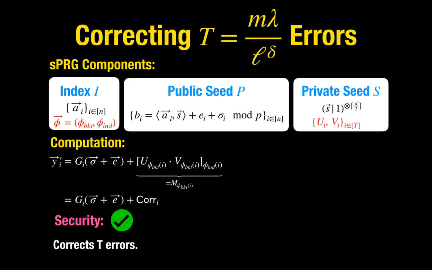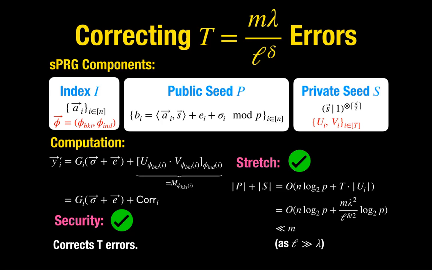And it corrects T errors. Now, when it comes to stretch, we have to be careful at this point. The size of the public part of the seed: there are n LPN samples, so that's n log p. Size of the private part of this seed S